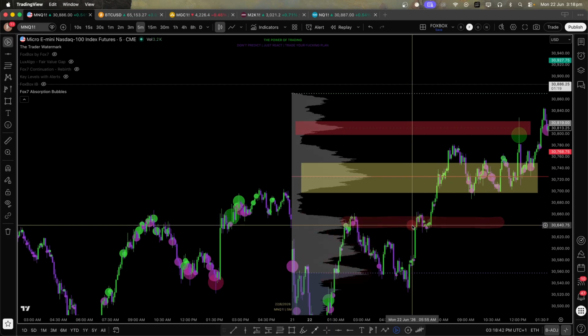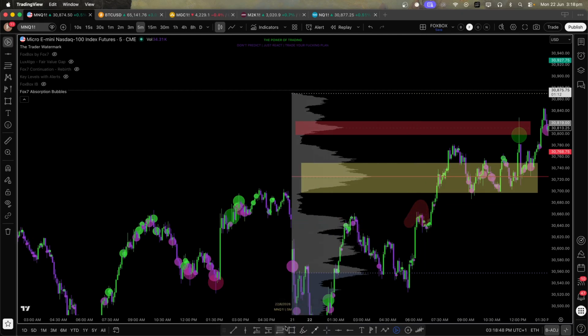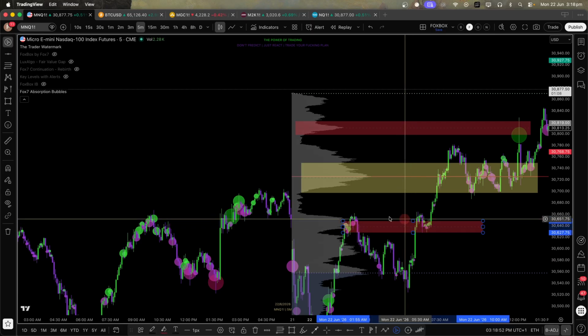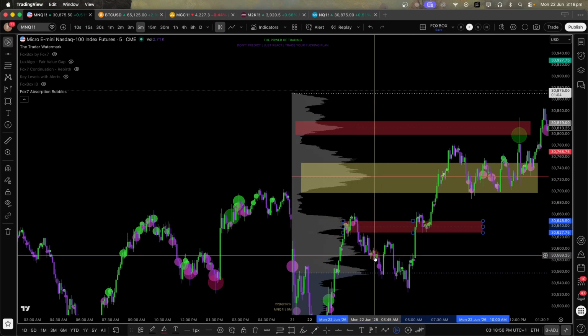And we can see that buyers took control. This was resistance until it got turned into support because we broke above it. And that's why I'm saying, draw a box or a zone around clusters of sellers. We already knew